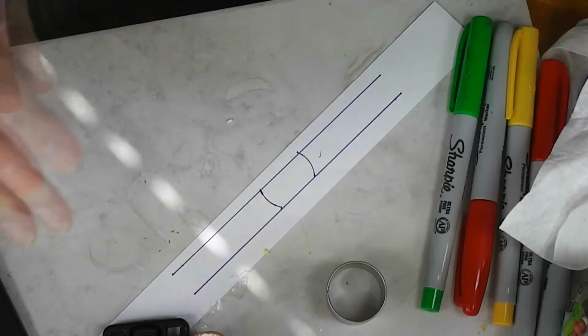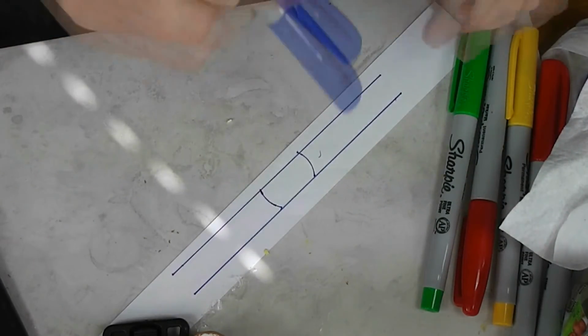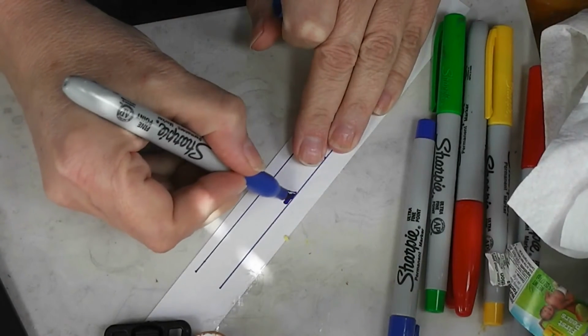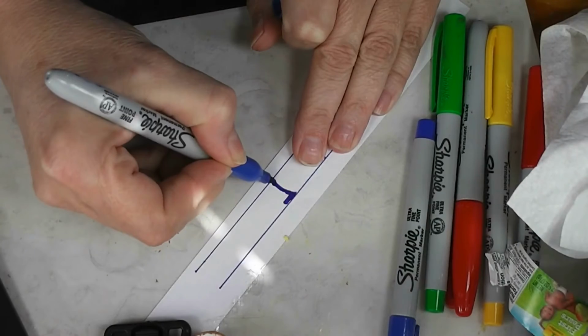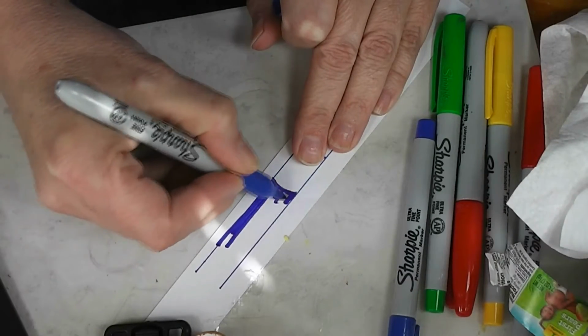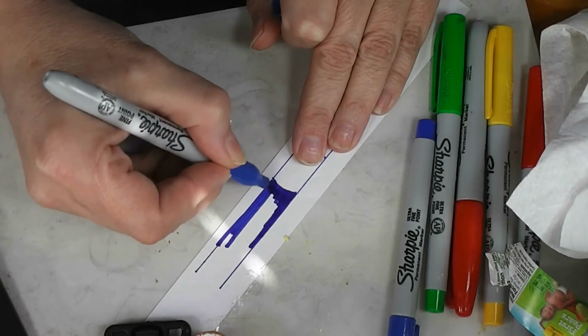because I'm going to make my label wrap all the way around my jars. My jar. I don't have one here. Make that mark, and then I'm going to fill this in. I'm using Sharpies because I know if I decide to coat this with a clear finish, it won't affect it. And also, my Sharpies are just sitting here, so